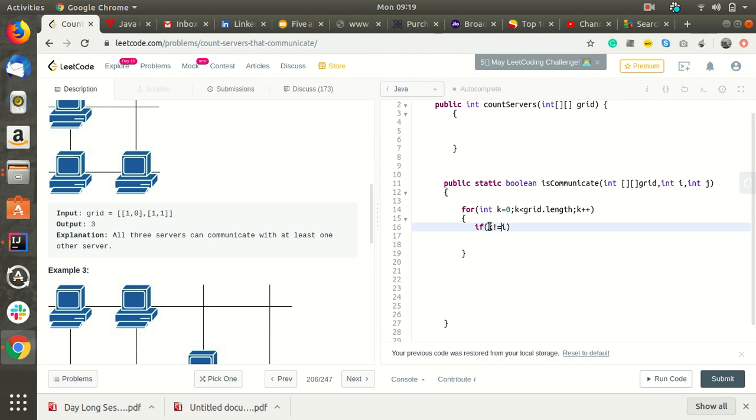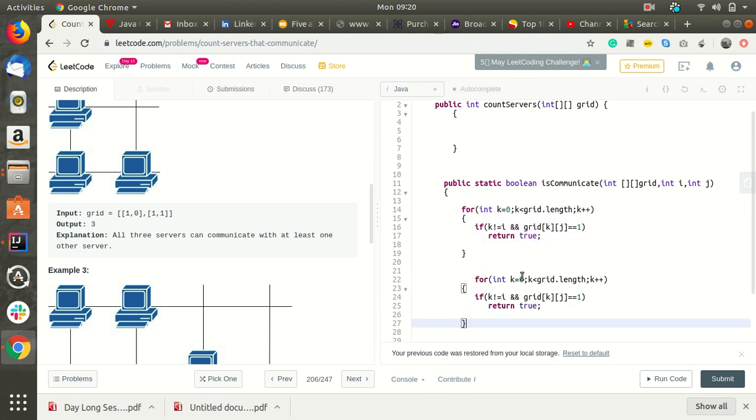And if grid of k j equals 1, then return true. Similarly, we'll check for the column as well.